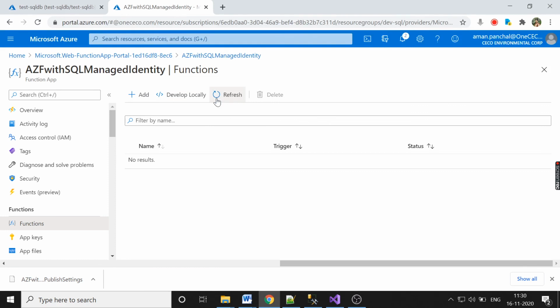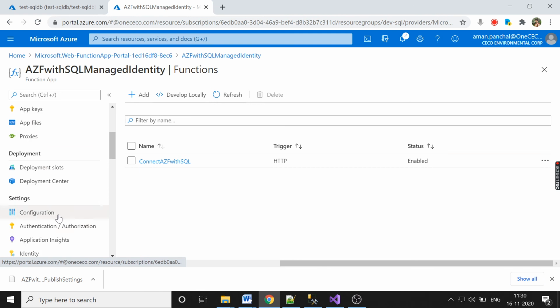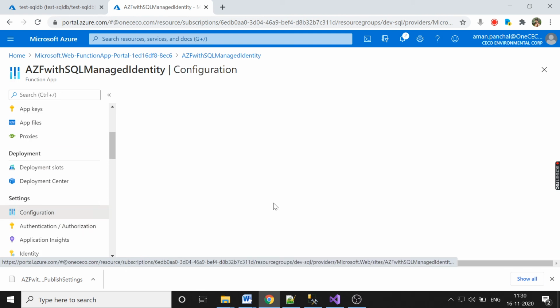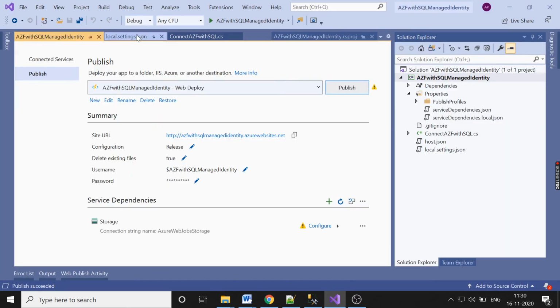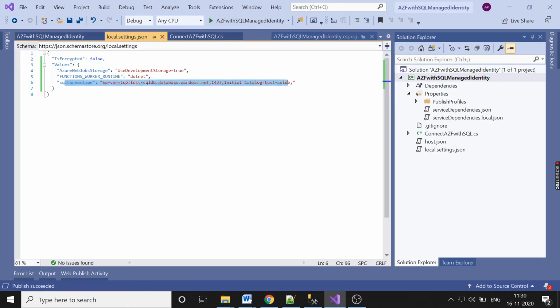Let me check here. Yeah, our function is here. First let me check the configuration, whether we have the environment variable.